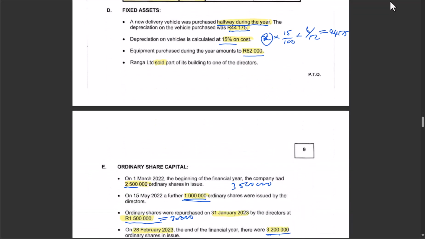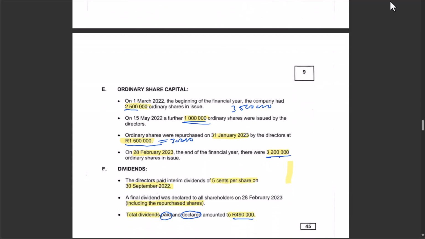So if you divide 13,440,000 by 3,200,000, this will give you an average price of 4,420,000. Sorry, 420. That means these 300,000 shares from our books, the ordinary share capital from the books of Ranga,